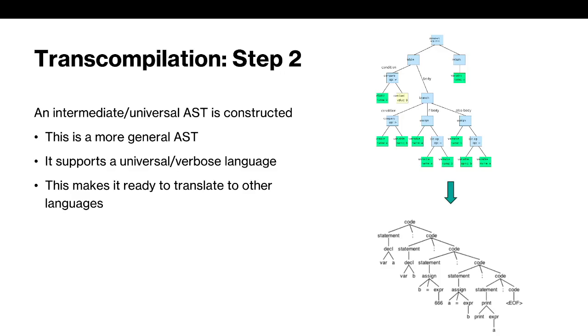So because of that, we get to step 2, which is our intermediate or universal AST. The source language specific AST is translated into our intermediate or universal AST. And this is more of a universal, more verbose AST. The idea for these ASTs is to be language agnostic, to generally represent language constructs, and to prepare them for whatever language that we are translating them